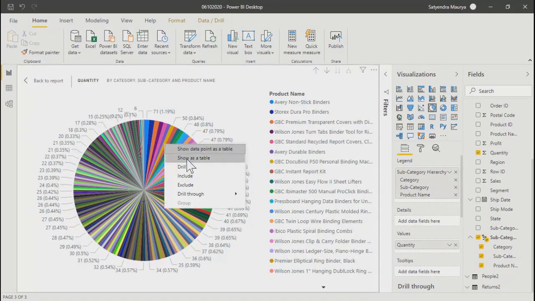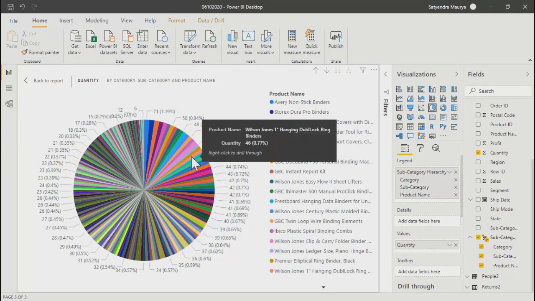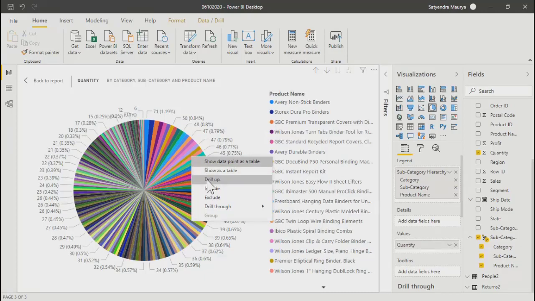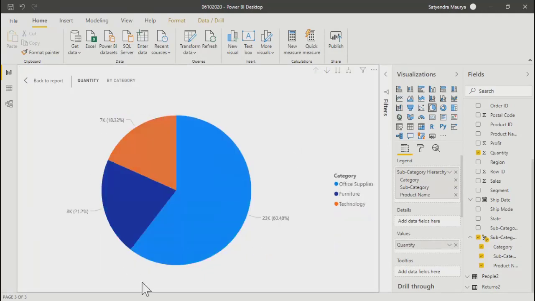Within the chart, you are at the lowest step now, product name, so that's why it shows you drill up. You can click on drill up and you'll go a step above. Drill down will take you to the next level, or drill up will take you one step up. So that's how your hierarchies will work in a chart and in some other visualizations.